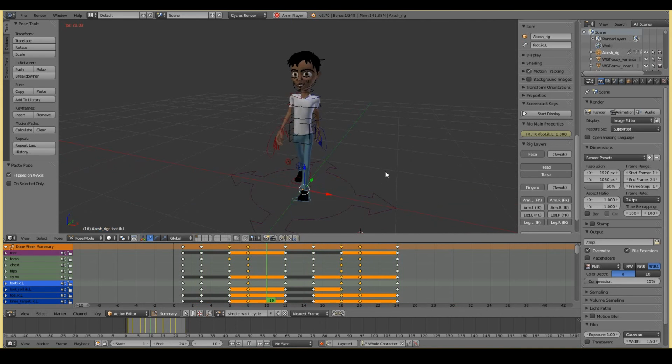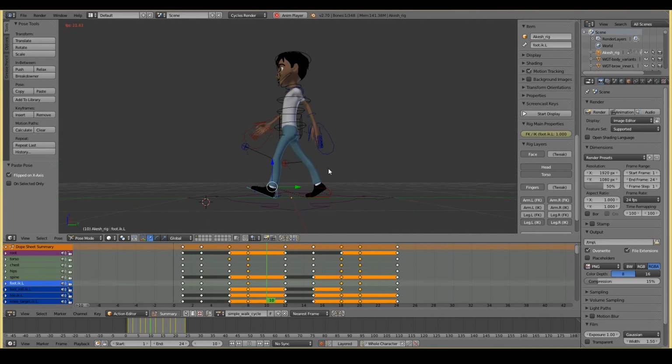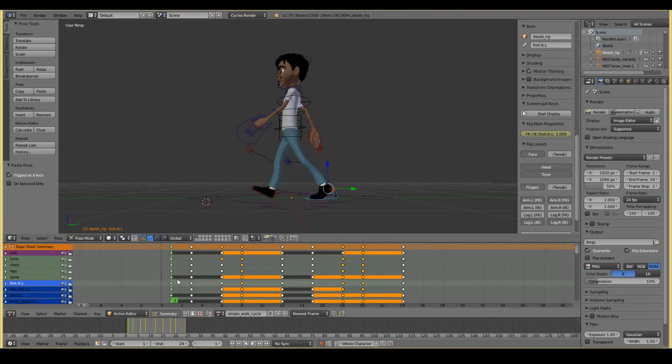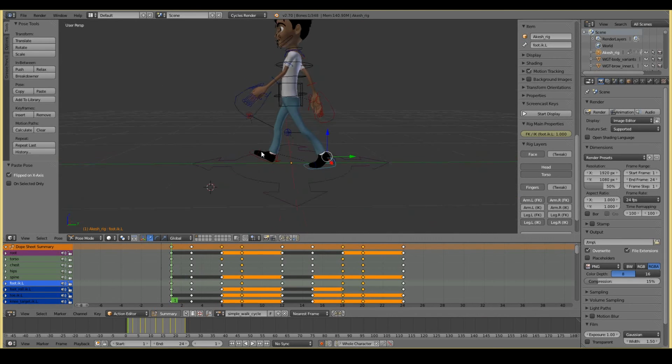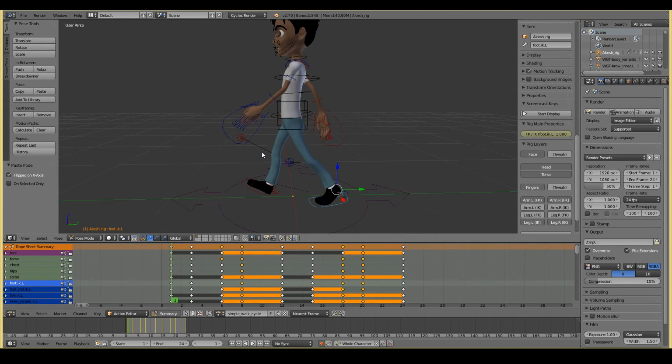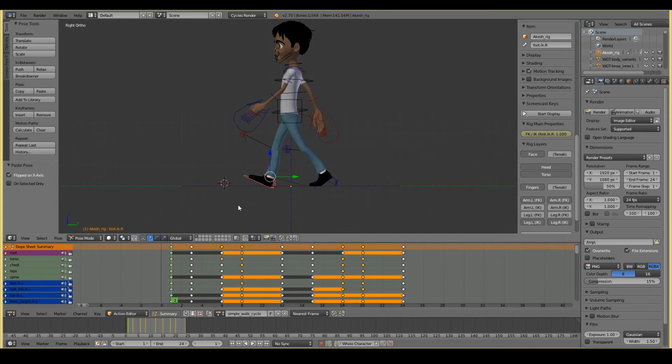Alright. Anyways, there's a few things we can do to make it even better than we have it now. We can go ahead and start to refine our poses. So a bit of that key shuffling technique that I talked about in the how to approach character animation tutorial that I did earlier. What we want to do is snap the leg one frame after the front leg. I want this front leg here to snap down flat on the ground one frame after. So maybe just Alt R, bang.